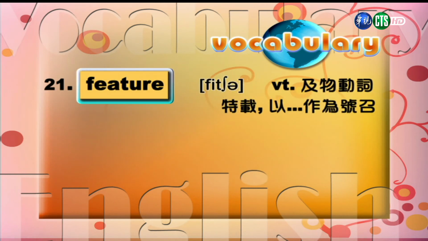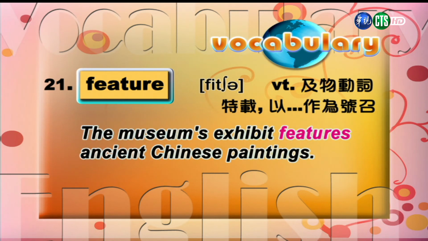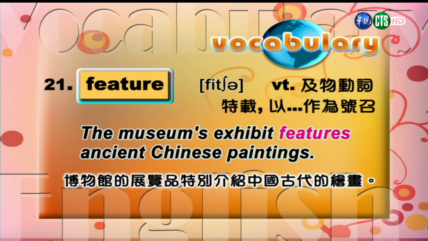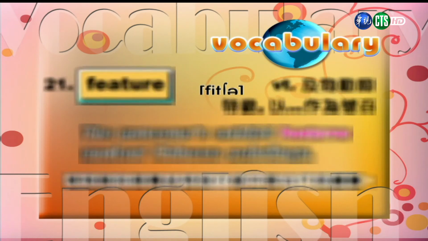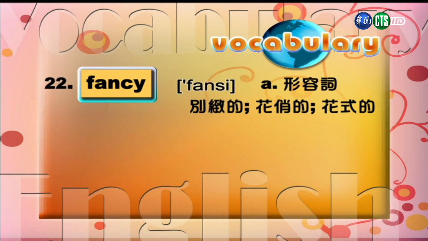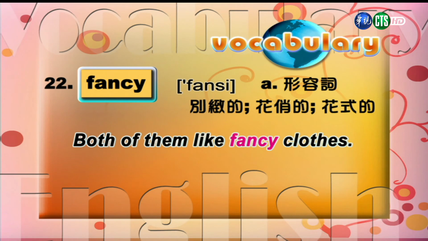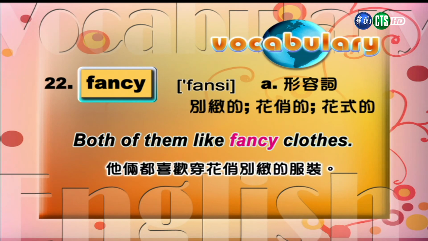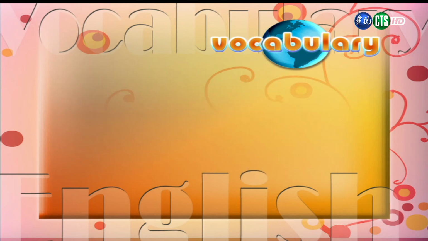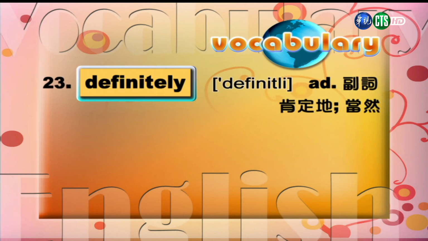Verb. 动词特载，以什么作为号召？ The museum's exhibit features ancient Chinese paintings. 博物馆的展览品特别介绍中国古代的绘画。 Number 22. Fancy. Adjective. 形容词别致、花俏的。 Both of them like fancy clothes. 他们两个都喜欢穿花俏别致的衣服。 Number 23. Definitely. Adverb. 副词肯定、当然。